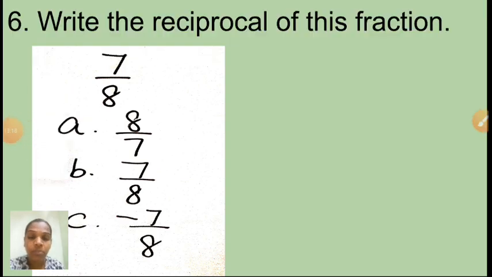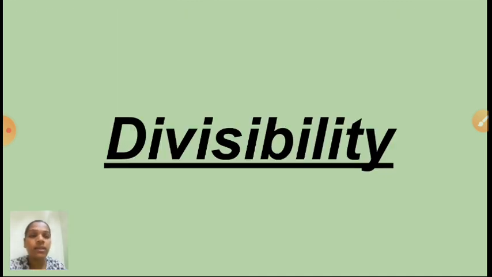Children, now I have completed the revision of operations and fractions. Okay children, that word problem you have to practice in your home. At the same time you have to see that video also. Okay, so this MCQ like this only will come. You have to do practice in your home. Understood children? And the next one is, now I am going to take revision of divisibility. Okay, this is very easiest lesson, isn't it children?